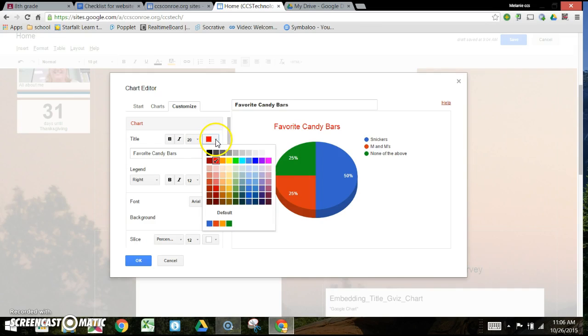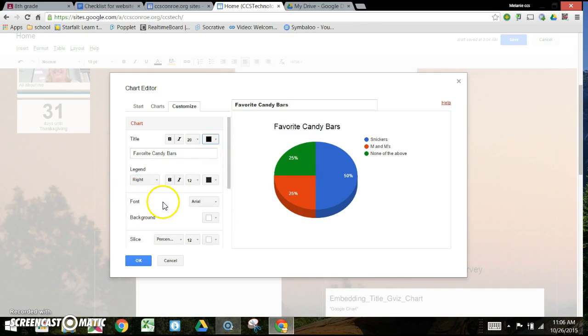I don't want it red. Kind of purple, but I don't like that either. Let's stay with black, I guess. And then my font is Arial. You know, and you can change that. I kind of like that one though. And then you can change what you have on your slices. Do you want a percentage? Do you want the value? Do you want the label? Do you want none? So if I do the value, I can tell how many people have voted. If I do the label,